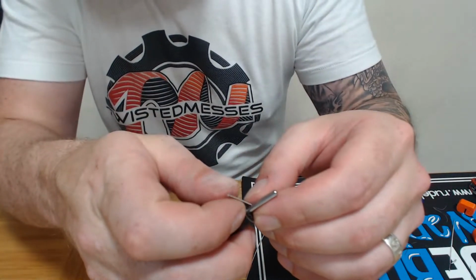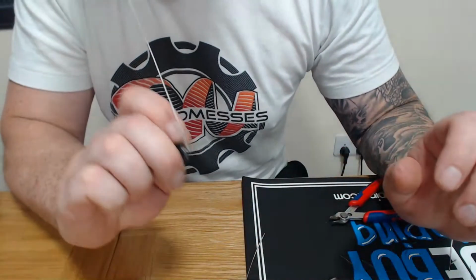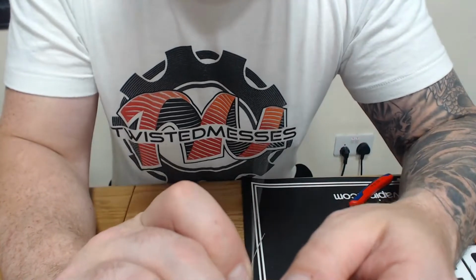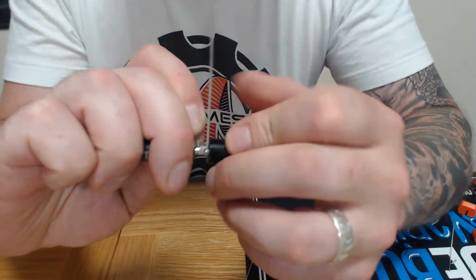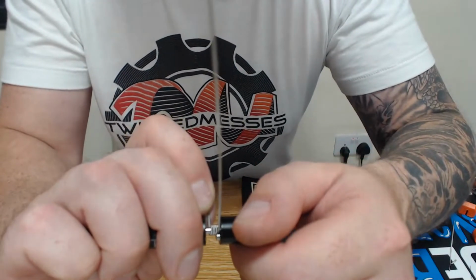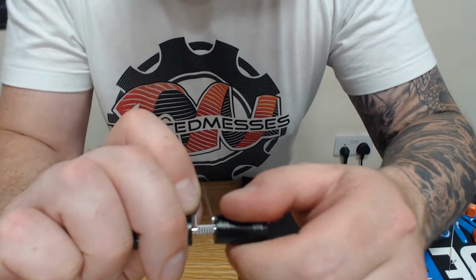Right, so there's loads of different ways you can wrap a coil, but this is the way I do it. So index finger and thumb holds the wire. Make a U shape so it's facing up. Grab your jig end and wrap 8 times. So 1, 2, 3. The only thing I watch when I'm wrapping my coil is that the wire is straight. It's not twisted, and if it is twisted, I will get the nylon pliers and I'll untwist it either before or during wrapping. So that is 1, 2, 3, 4, 5, 6, 7,